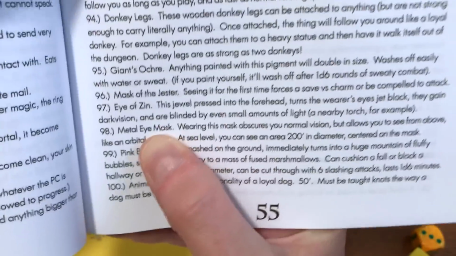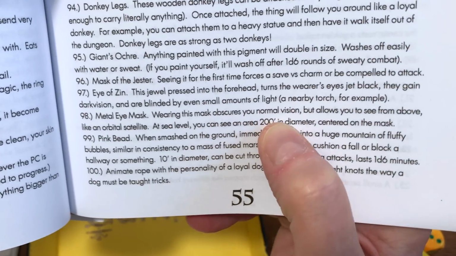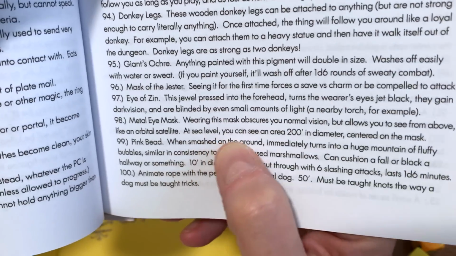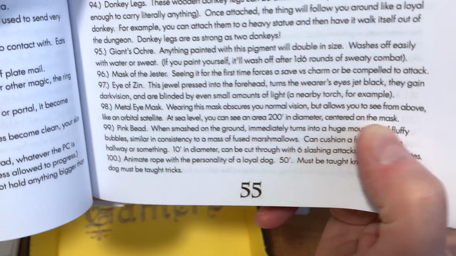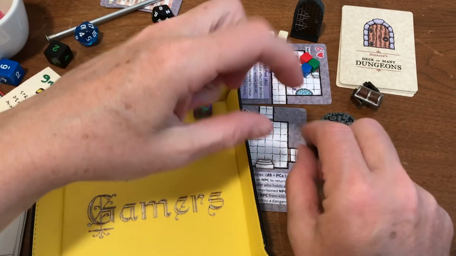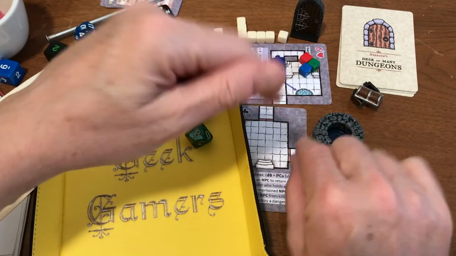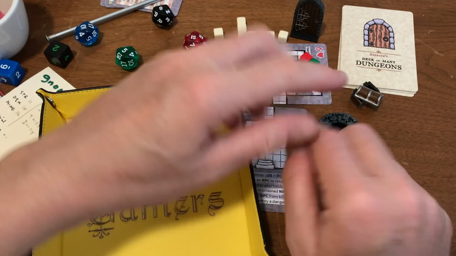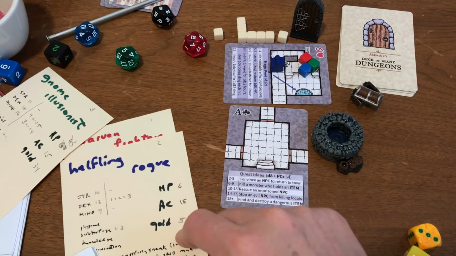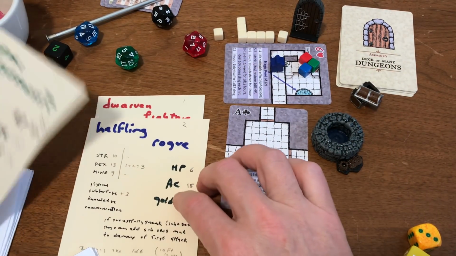98. We open it up and we see a metal eye mask. Wearing this mask obscures your normal vision, but allows you to see from above, like an orbital satellite. At sea level, you can see an area 200 feet in diameter centered on the mask. Well, I'll have to modify this to say that it will allow for an automatic search and find something in a room, one-time use only. So that's what we will say, and we'll say that it gives an automatic success,